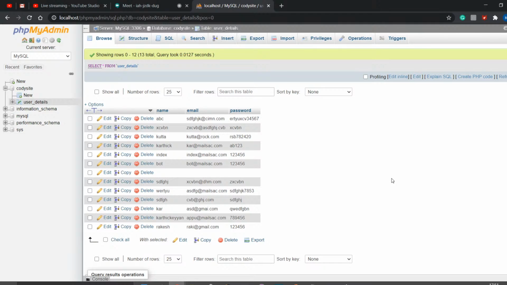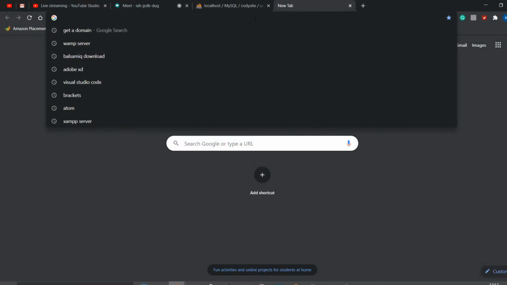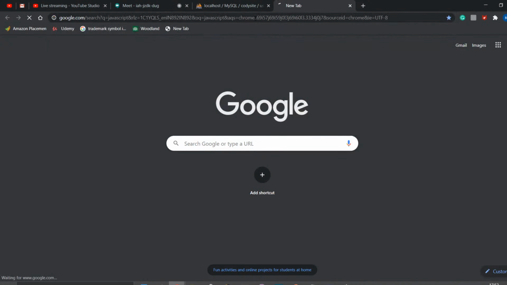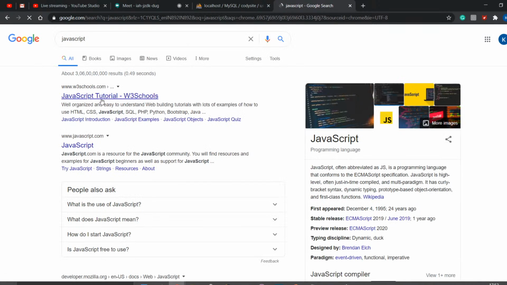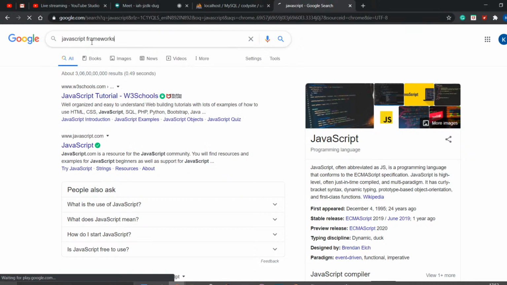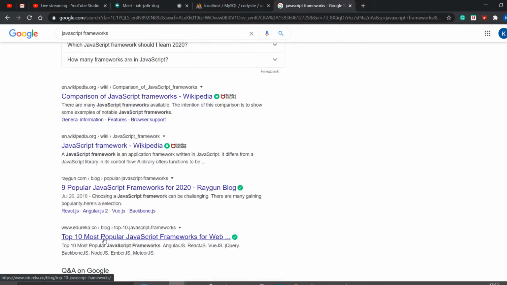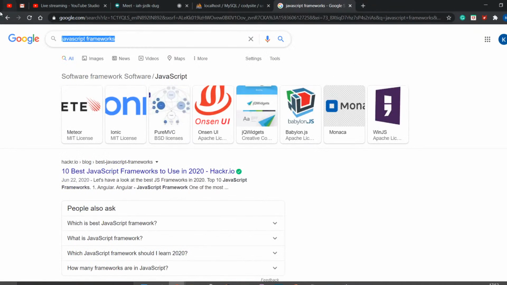Thanks for sharing this about JavaScript here, Praveen. I will share one thing for all the guys. See, JavaScript has different frameworks. Is the screen visible, right? The screen is visible? Yeah, okay. When we check JavaScript here, there are lots and lots of frameworks available. Okay, JavaScript frameworks. Let me show you here.